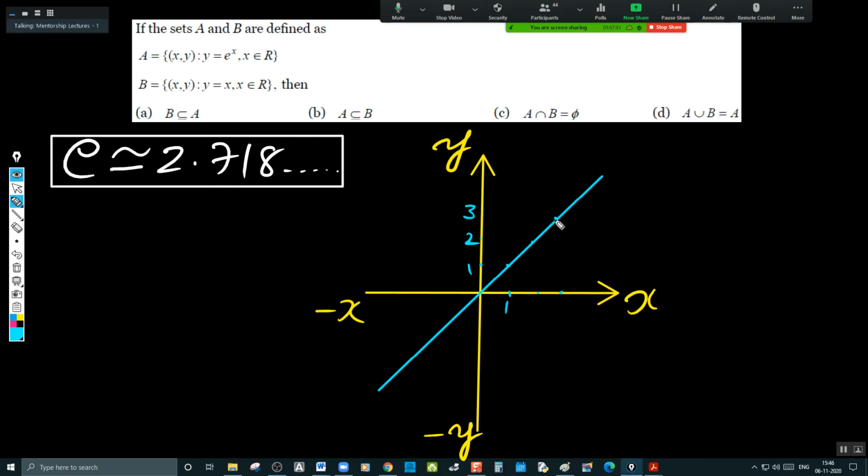Okay, like this it goes. This is not even the y is equal to x line. Now I'm drawing y is equal to e power x. Anyone, can you tell me if x is equal to 1,